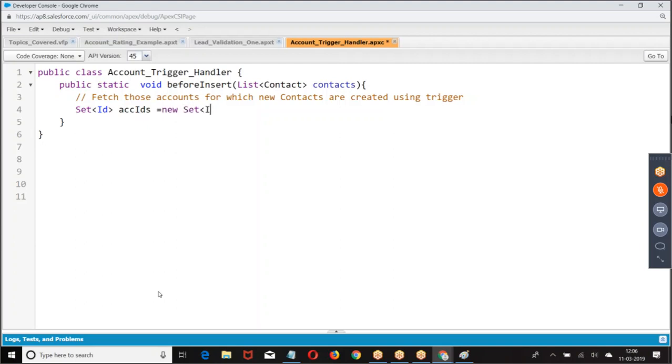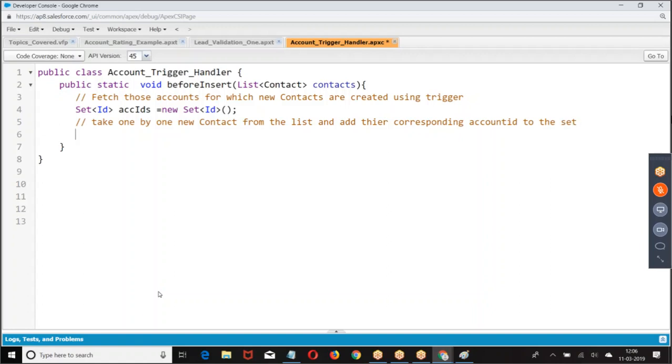A new set of IDs. How do you do it? Take contacts one by one from the list and add their corresponding account ID to the set. Then here I can add one extra condition.